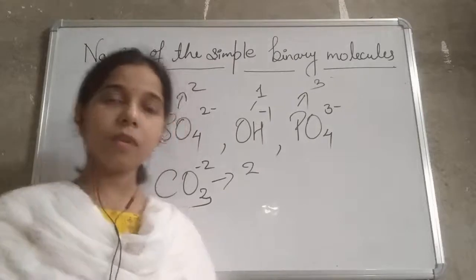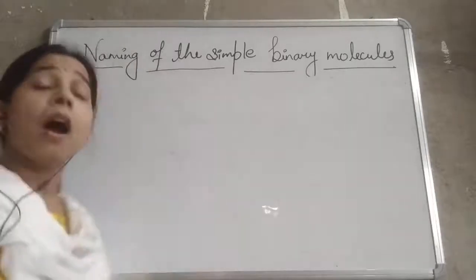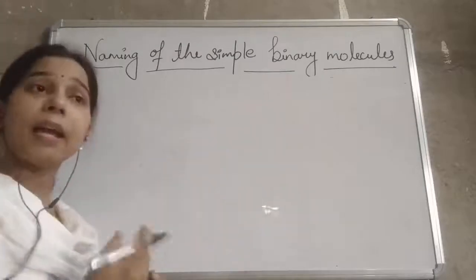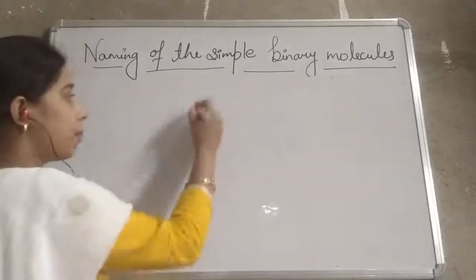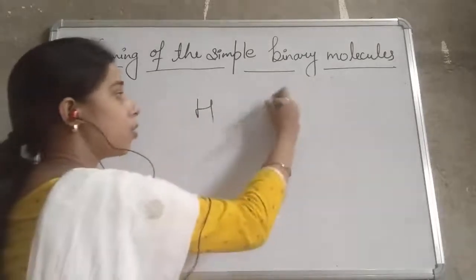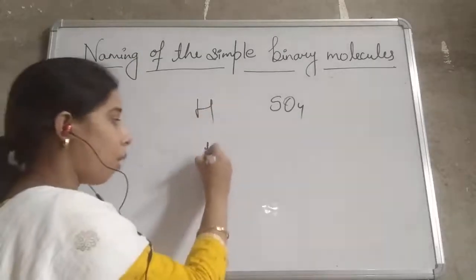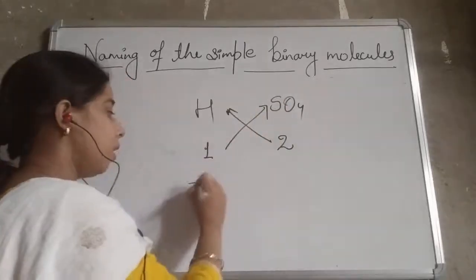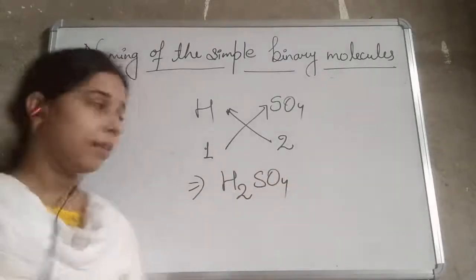Okay. So on that basis we have discussed valency, as well as how we can give the formula of a compound. So you know, students, valency helps in giving the chemical formula of a compound. Like, suppose we talk about sulfuric acid. Sulfuric acid consists of hydrogen and sulfate. You know that the valency of hydrogen is 1, while that of sulfate is 2, and when you crisscross them, what we get is H2SO4. Okay, that is sulfuric acid.